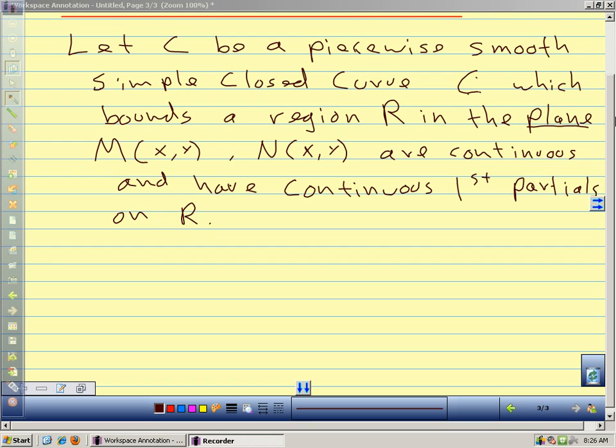Green's theorem tells us the line integral around our curve, and this is our symbol. We get a new symbol now for a line integral around a curve, and the little arrow indicates the orientation. So we're going in the counterclockwise direction. The line integral of M dx plus N dy